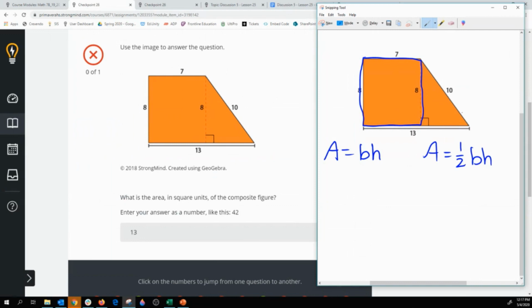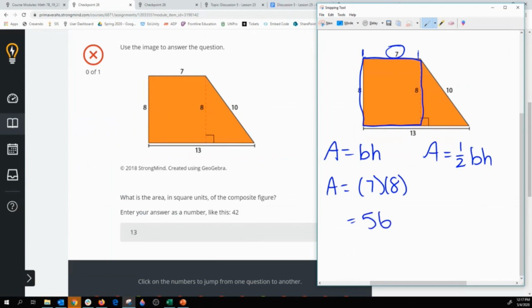So when I'm finding the area of my rectangle, I don't want to use this 13 because that's everything. However, this 7 goes from the starting point to the ending point of just my rectangle. So when I find the area of it, I want to use that 7 and 8, which will give me